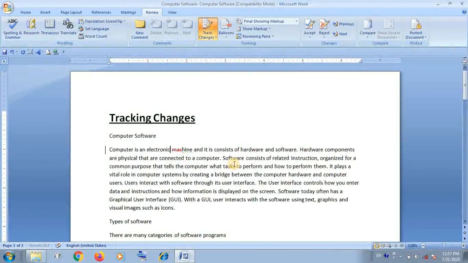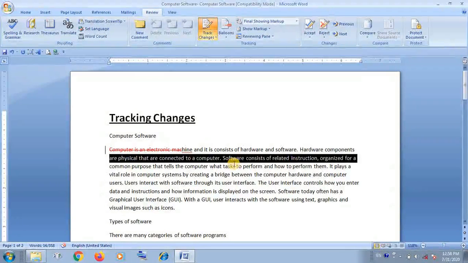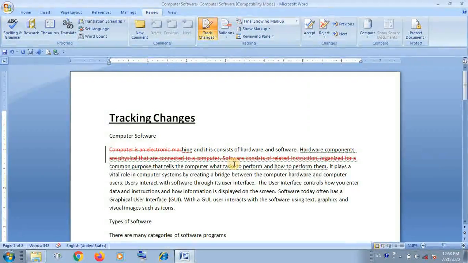See, suppose now I will delete here. You are looking here, here is deleted text. By default रेड कलर हमने डिलीट किया है. I have deleted the contents. जैसे suppose I have selected and I have pressed the delete key. You are looking here कि the deleted word has been struck out. Strike समझ रहे हो? It means it is crossed, and it is also highlighted by red color.